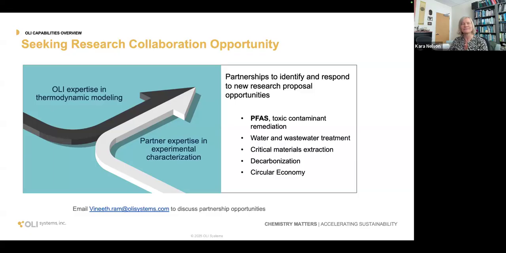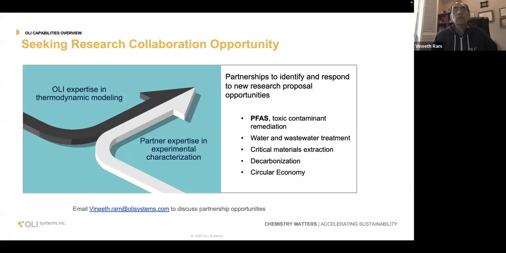African continent. Yeah, I can take that. Yes, OLI does have a global team. So we have an EMEA team, Europe, Middle East, and Africa-based team. Currently, that team is headquartered in the UK, but we do have clients in Africa. We can certainly engage with you, and we'll be happy to have a conversation to see if there's an opportunity. But yes, we do. We have customers in about 35 to 40 different countries around the world, and we do have subsidiaries in some parts of the world. And we're rapidly continuing to expand that global engagement as well.